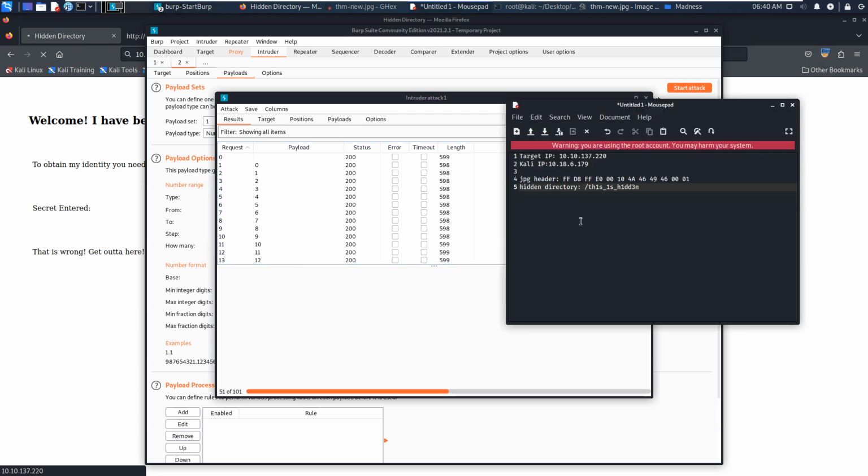For example, we can import requests, and the base URL should be blah blah blah. I don't want to do that. Then we can do a loop for i in range 0 to 100, and then create the URL from the base URL and